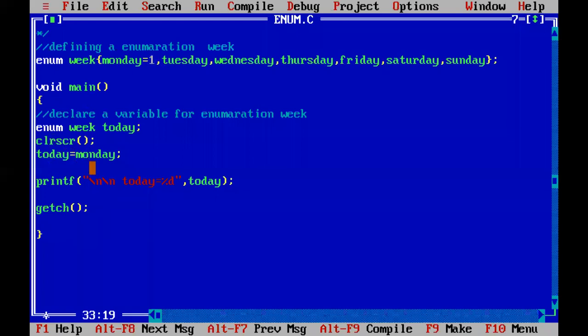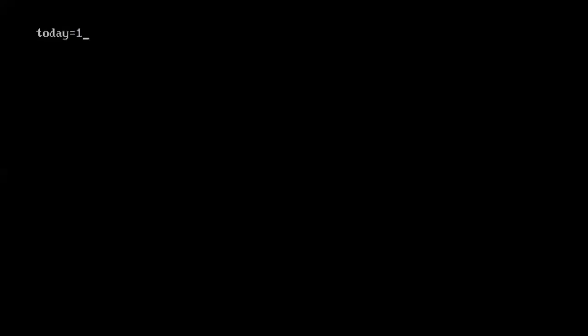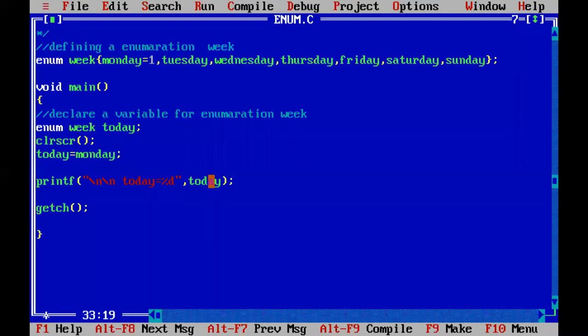So now Monday means 1, and that Monday is assigned to today, and today is also 1. And when you print today, what is printed? 1 is printed. Today equal to 1 is printed. If instead of Monday you write Tuesday, the Tuesday value is 2, because Monday starts from 1, Tuesday will be 2, Wednesday will be 3, and so on.